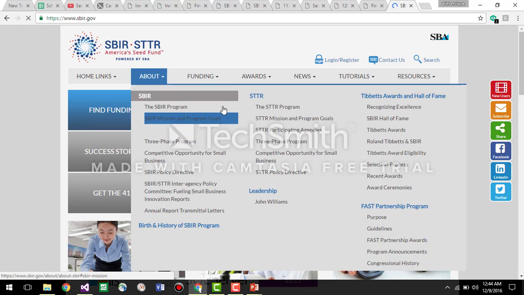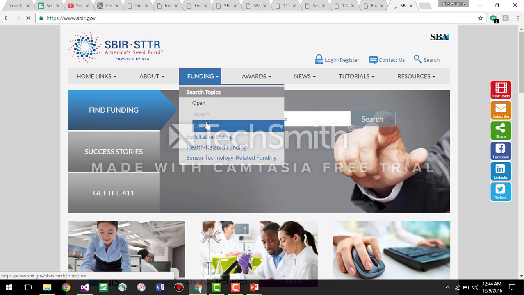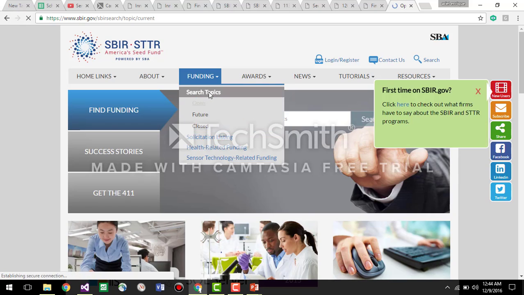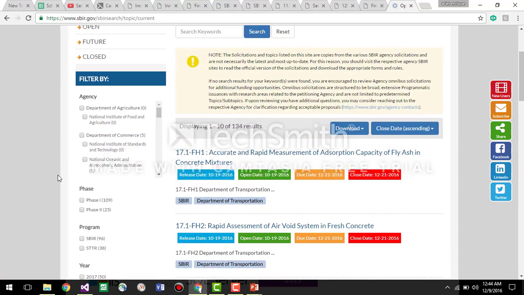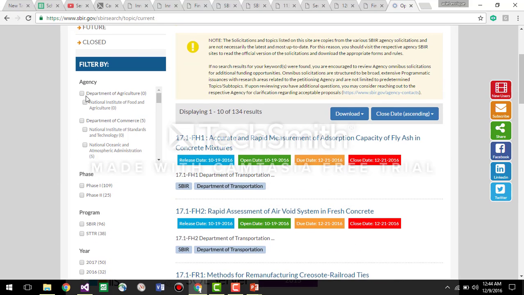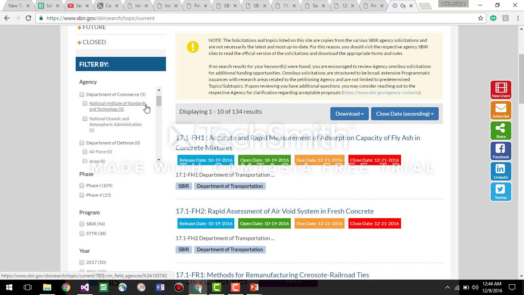If we go here and search open, you can see that we have the agencies here. Remember that I mentioned the agencies before? So what are the agencies? Mainly the government agencies like the Department of Agriculture, the Department of Defense, the Department of Commerce.